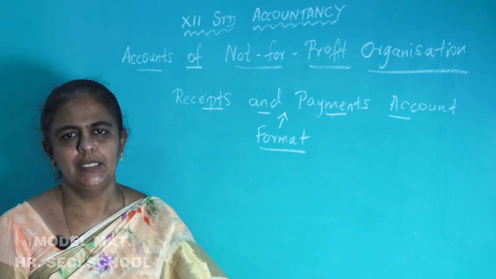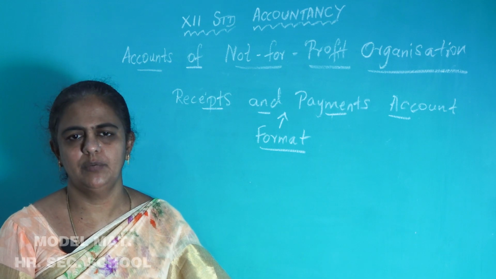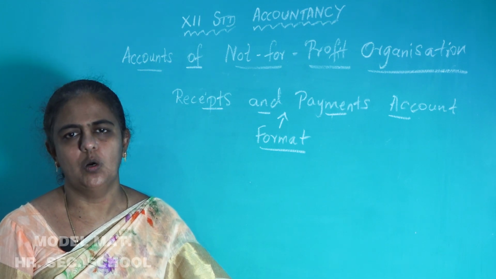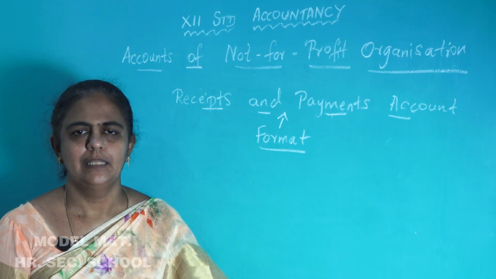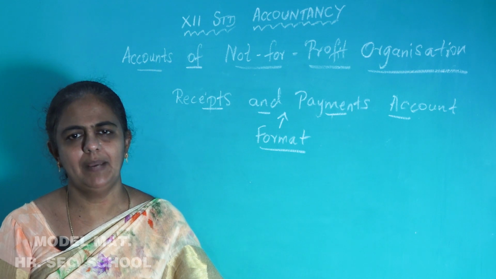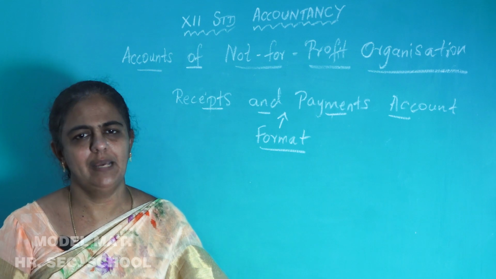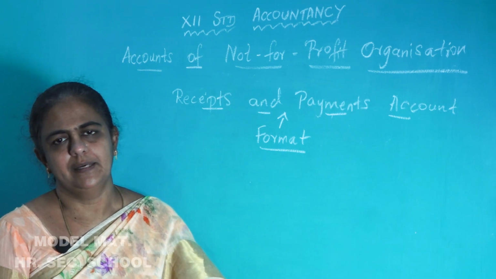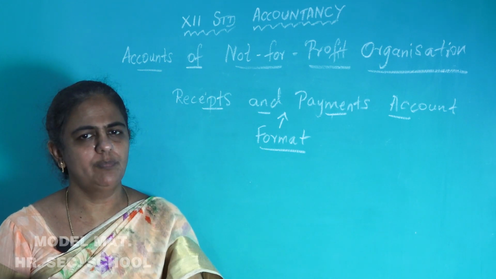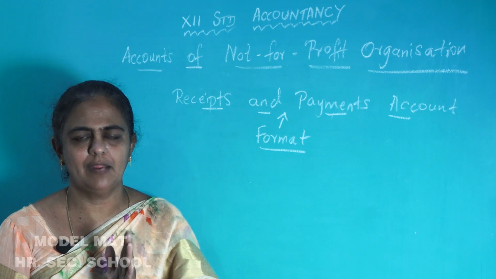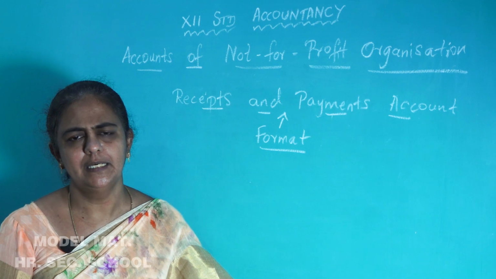When you are entering, you need not see whether they belong to the current year. You can enter previous year as well as subsequent year items also. All items of capital nature and revenue nature can be entered. You have to start with the opening balance of cash and bank on the debit side, and the closing balance of cash and bank should be on the credit side. Suppose a bank overdraft is given, it should go to the opposite side: the opening balance of bank overdraft goes to the credit side and the closing balance of bank overdraft will come on the debit side.